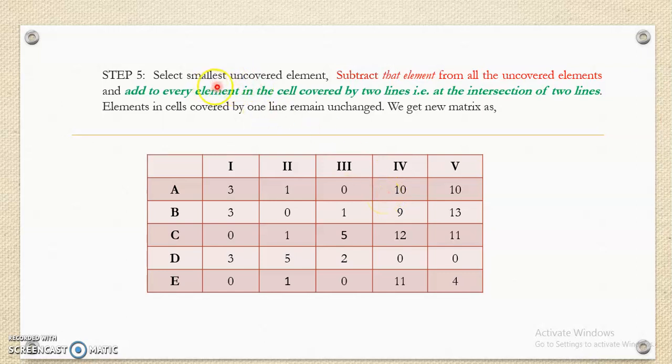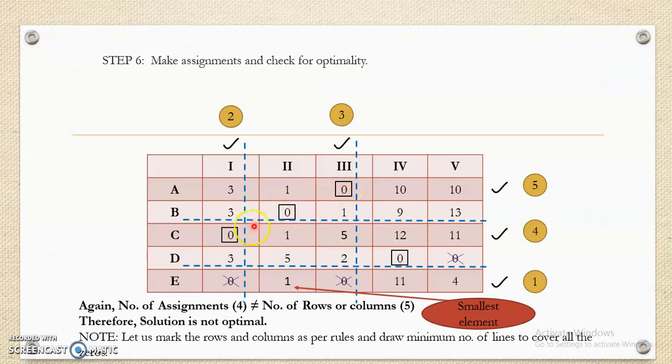So the step which we performed on the previous table is mentioned here. So we get a new matrix here. Now again make assignment and check for optimality. Assignment will start from this 0. Why? Because this row has exactly one 0. Similarly, if there are extra zeros, we will cross them. Here we will assign it. So this process is shown in the next table for assignments.